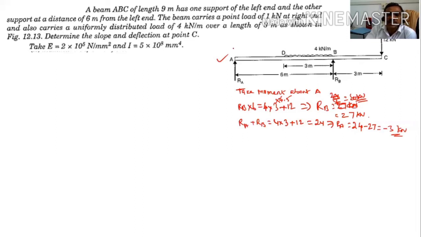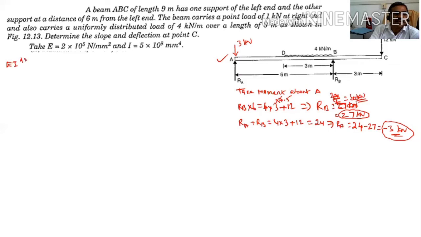Minus 3 means the load is acting in the downward direction. That is 3 kilonewton. So now RB is equal to 27 kilonewton, and RA is equal to minus 3 kilonewton. So here the support reaction is in the downward direction. Now, to calculate slope and deflection, you write the differential equation for deflection, that is EI